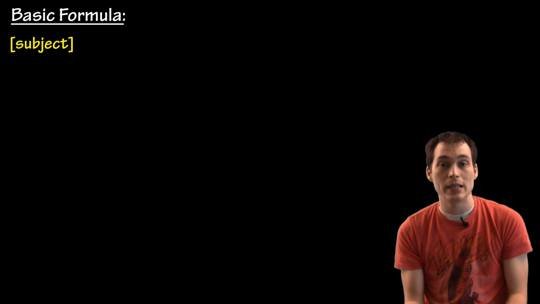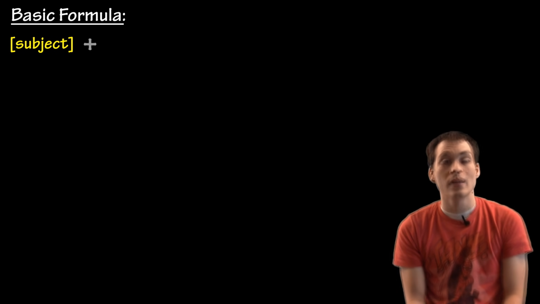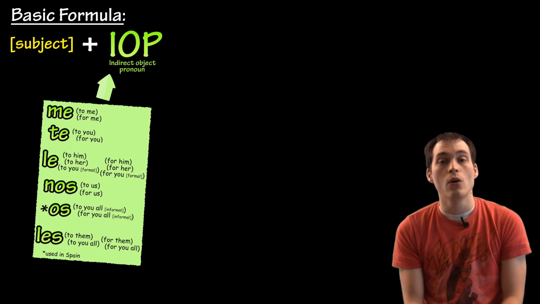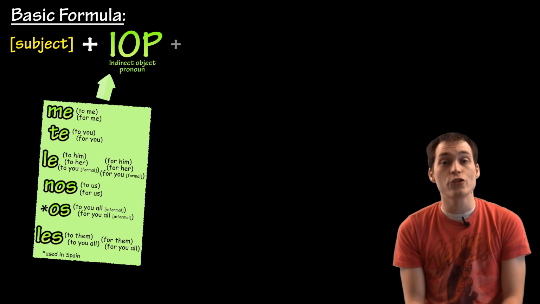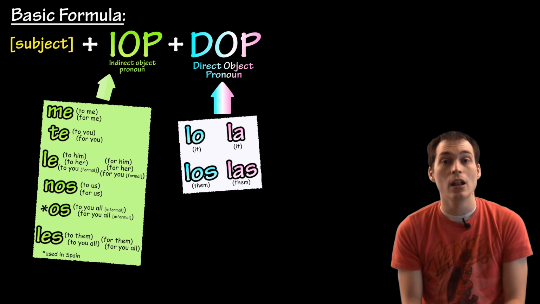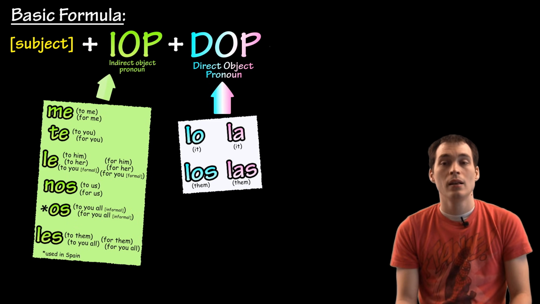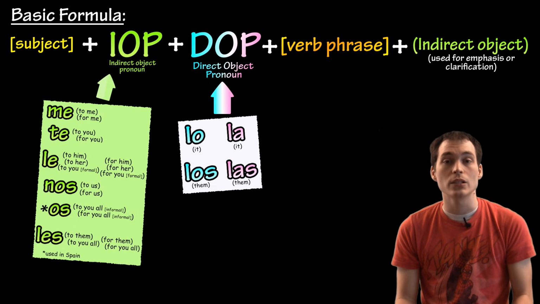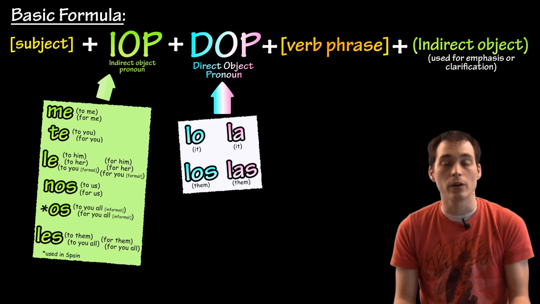First, we'll have the subject if we need it for clarification or emphasis. Then we have the indirect object pronoun: me, te, le, nos, os in Spain, or les. Then the direct object pronoun: lo, la, los, or las. Then the verb phrase. Then if you wanted to clarify or emphasize who we're doing the action to or for